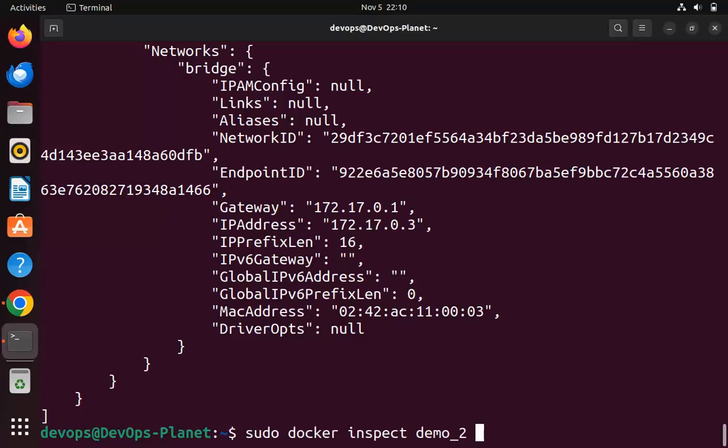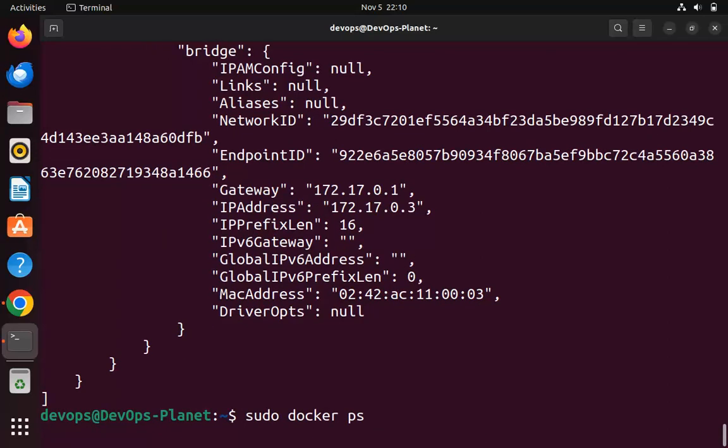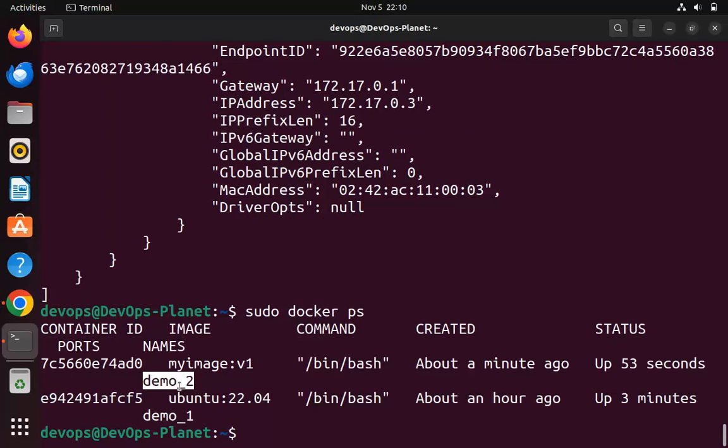On this new container demo2, I have not installed anything. I haven't logged in inside the container. I have just launched this container using my image. And this image I have created from the demo1 container, and in the demo1 container, I installed the Apache 2 server and the Vim tool. Now if I log in inside this demo2 container,